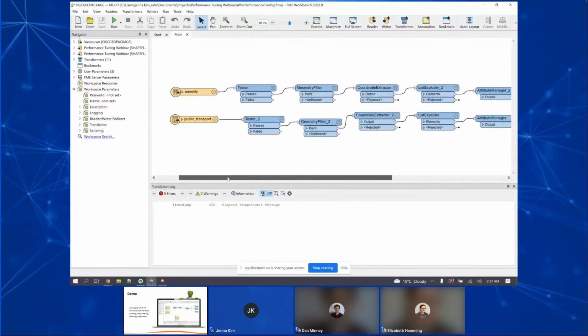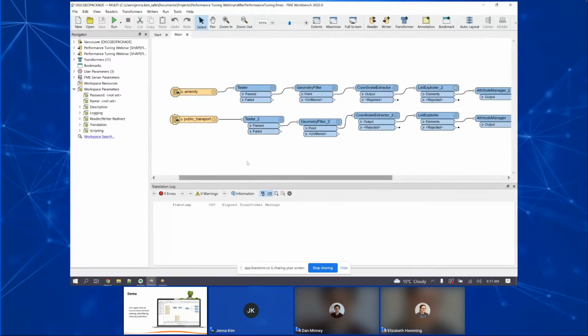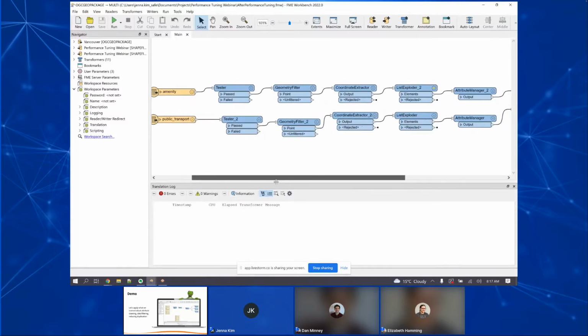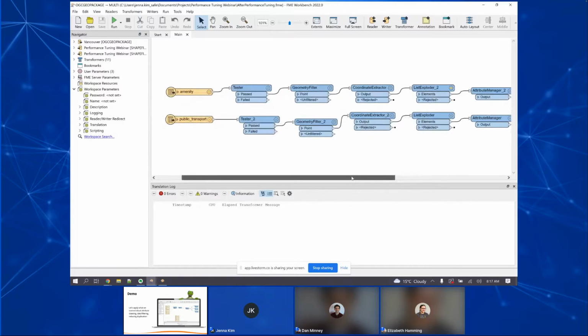So this workspace here achieves the same thing, but it follows the principle that we talked about earlier of removing those attributes and features early on using a tester and geometry filters so they're no longer carried on through the workspace, and then moving on to some processing. Also, we're only reading in parts of the data that we are actually processing. So when we added this GeoPackage, I only selected the amenities and public transport, which are the ones we're